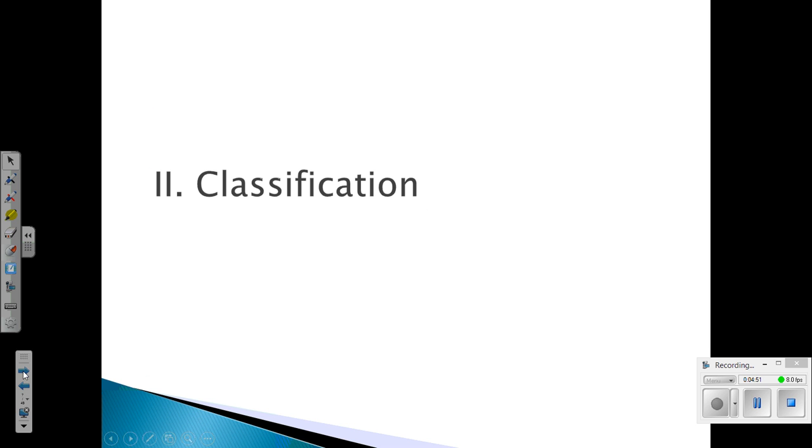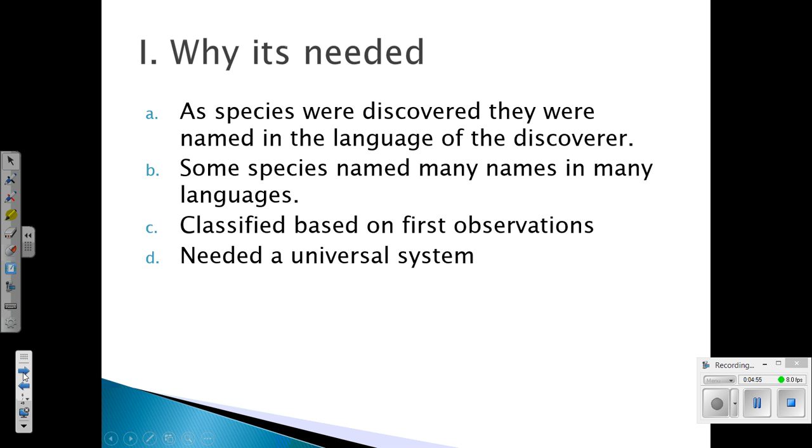Okay, so then we're going to just move right into section 2, which is, now that we have all of this diversity, what do we do with it all? There was a period in our history where explorers were going all over the world and collecting different species from the things that they found, and they were bringing them all back to basically England. And they were trying to figure out where did all these species come from? What should we call them?